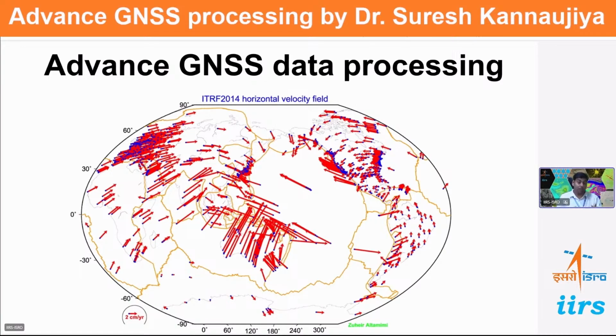Because sometimes we get good accuracy, but we may not get good precision. So when we want both, then we have to have a very good antenna as well as receiver, because this is the fundamental requirement for achieving millimeter accuracy. So when our antenna is a choke ring antenna and the element is very precise, like a DM element or Morglin element, and the receiver is a very robust receiver, like a survey grade receiver and survey grade antenna,